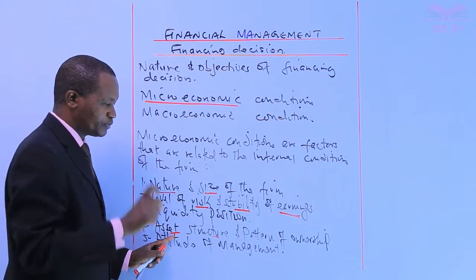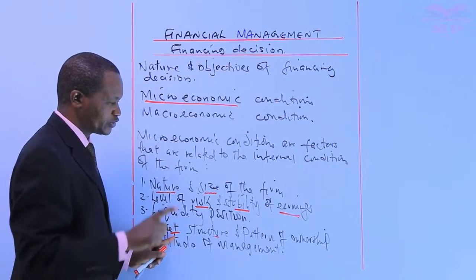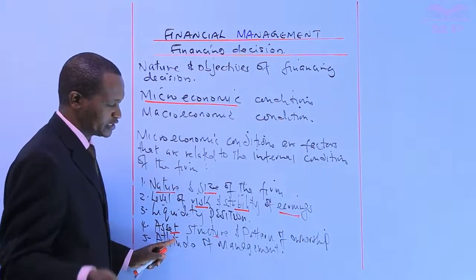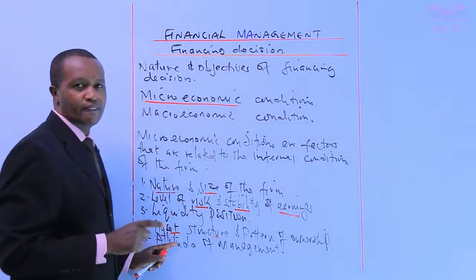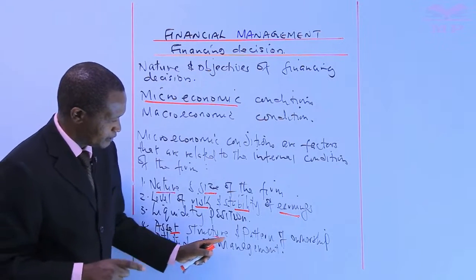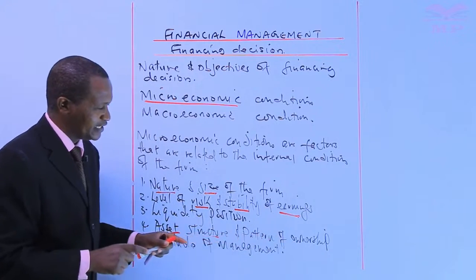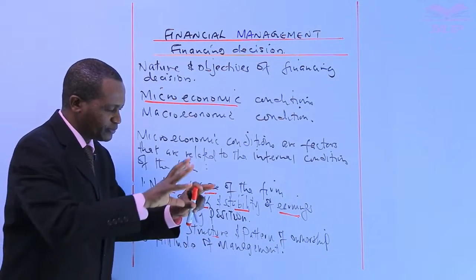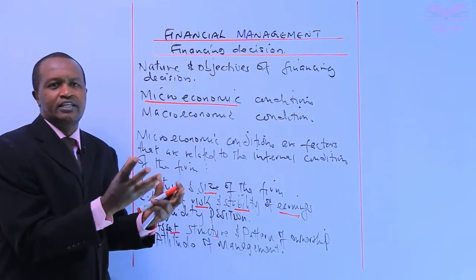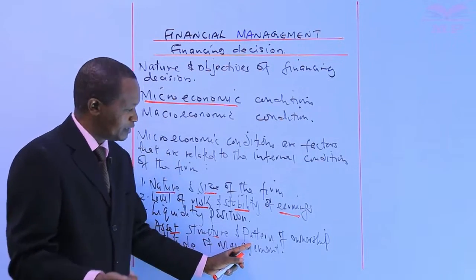A company that adopts a conservative dividend policy is a company that chooses to use the internal sources of finance to finance its projects instead of paying dividends. So if pattern of structure, we're talking about pattern of structure. If a company's ownership is in few hands, if it's owned by, say, 2 people or 1 person,